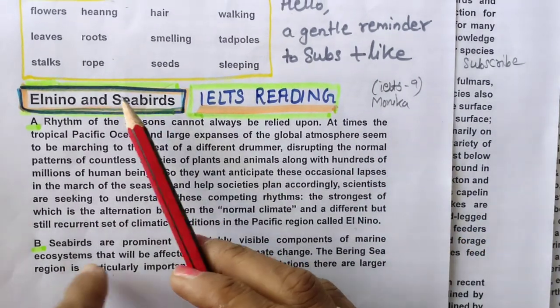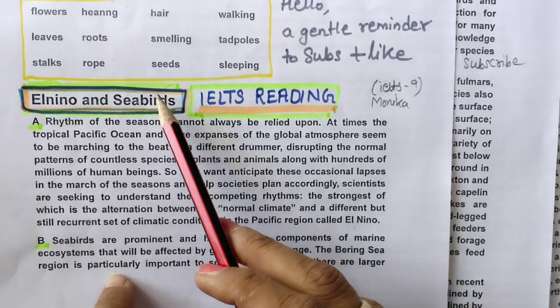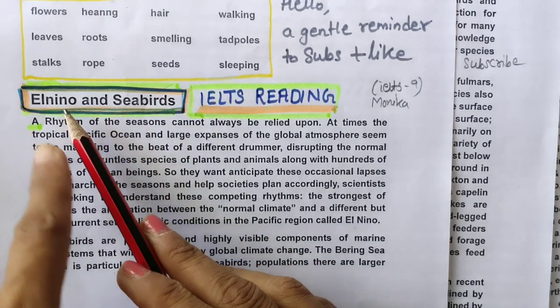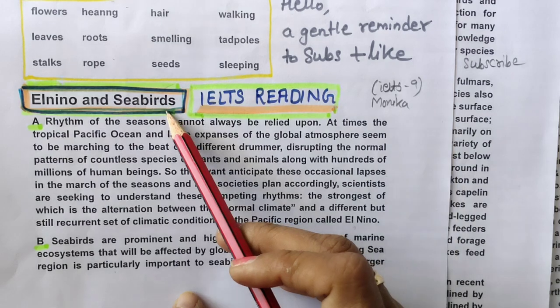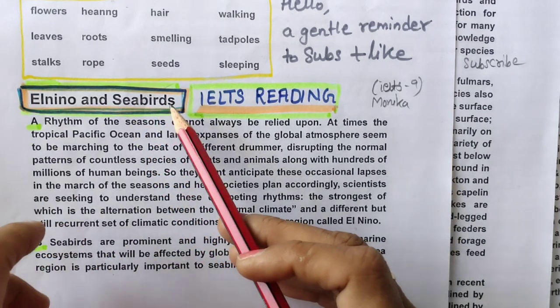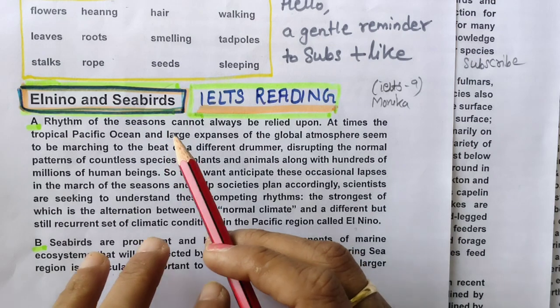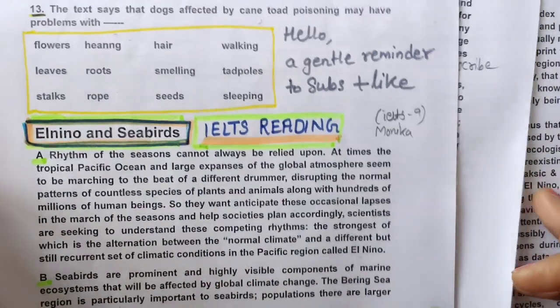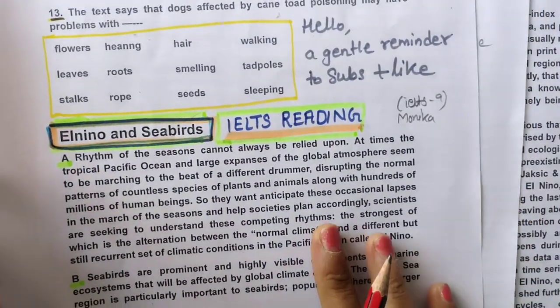The reading title here is El Nino and Seabirds. If you don't know the meaning of this El Nino, leave it. Seabirds, we know birds, seabirds means relating to seabirds. We are going to read within 20 minutes and I will just tell you how to attempt reading passage, any